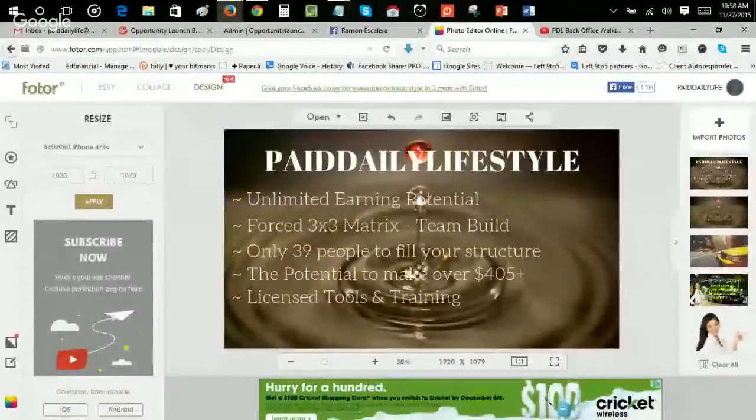No biggie. Let me go ahead and start sharing my screen anyway. Screen share, full screen. Here we go. I just started creating background images, as you can see here, with text. What I'm doing is I go online and I look for luxury